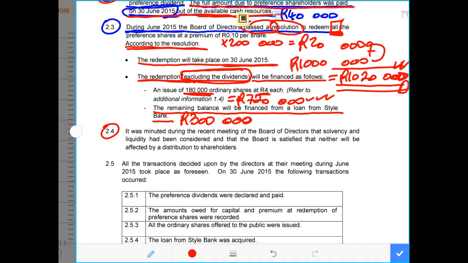That means when they are redeeming these preference shares, they first have to do the company solvency and the liquidity test, where they are doing the ratio analysis, and they've realized that the company is very solvent, their assets are more than their liabilities. Therefore now they can pay back this amount to the preference shareholder. That will not affect the distribution, that will not affect the company. So now they're just emphasizing that everything can go as it's supposed to go.